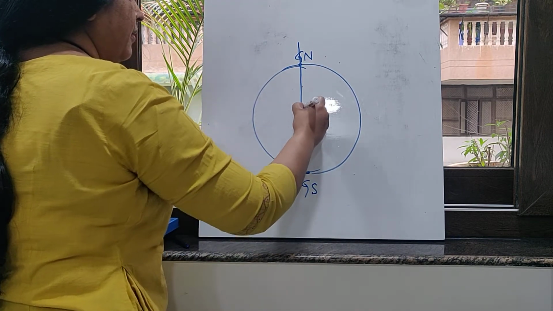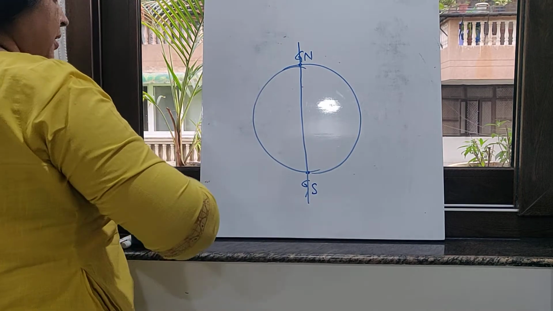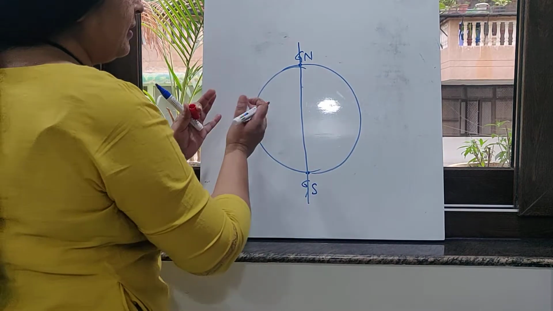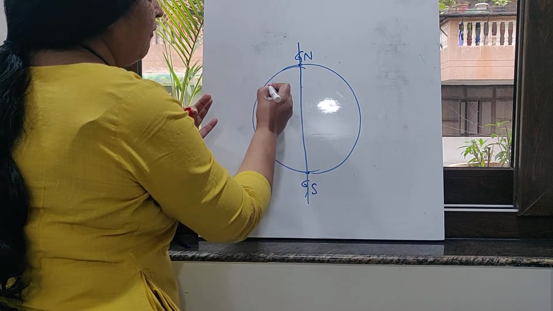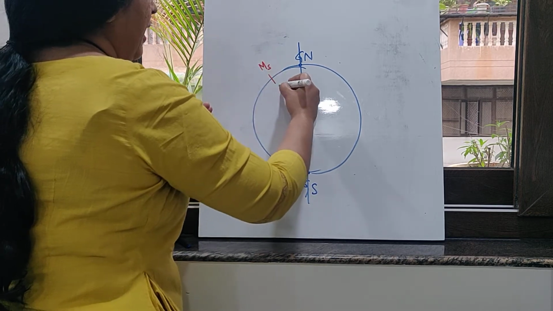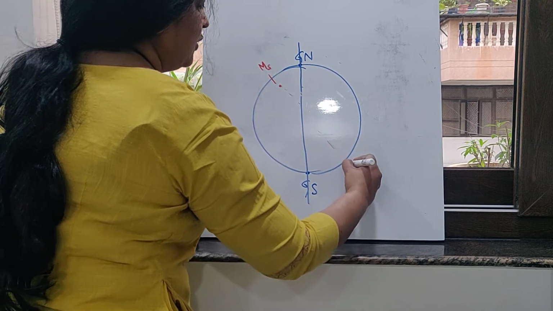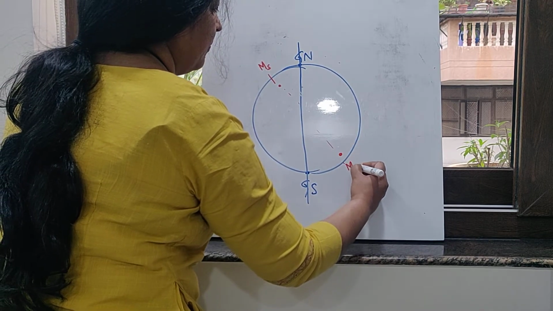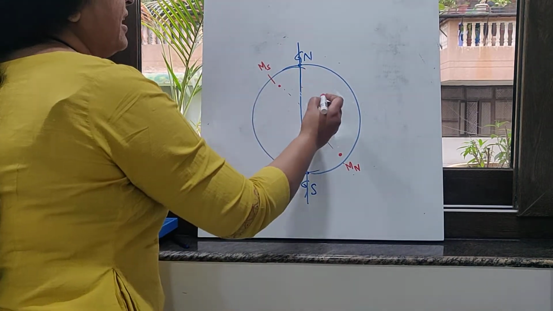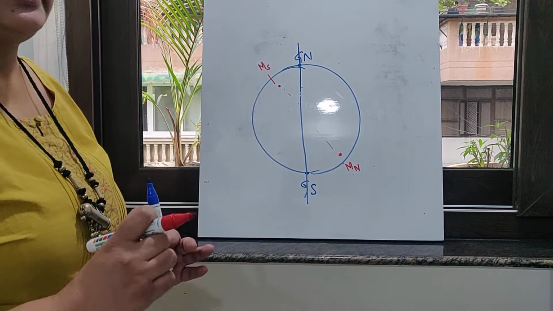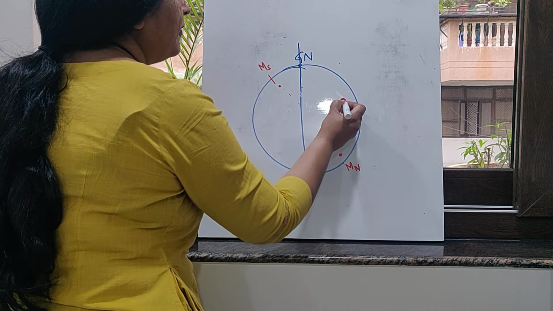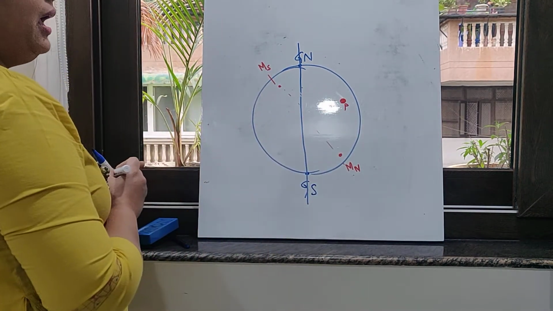Further, assume that because this is a sphere, you have to assume that this is a sphere, and on the sphere at any one particular point, assume that this is the magnetic south, and exactly opposite to it here, assume this is magnetic north. Okay. Now, suppose you have a magnetic compass needle and you place the magnetic compass needle on the surface of the earth at the point P. Okay.